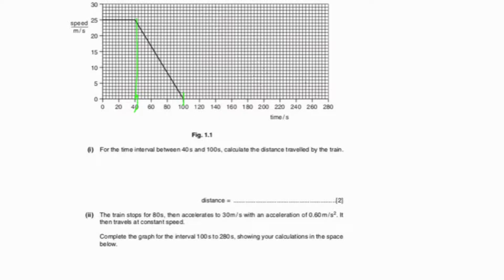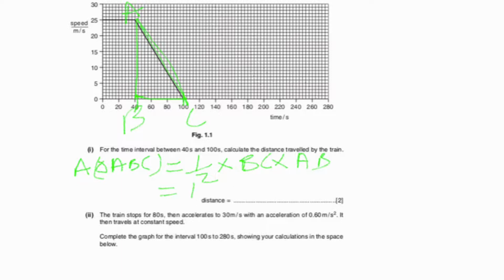So this is the triangle that is formed. We will name the triangle as ABC. So the area of triangle ABC will give the answer. Area of triangle ABC equals distance travelled equals half into base into height. So half into BC into AB. So BC, the distance of BC as you can see here, so length BC.